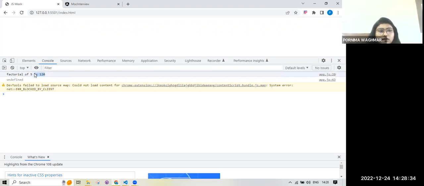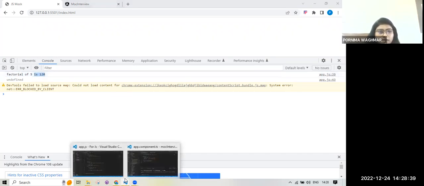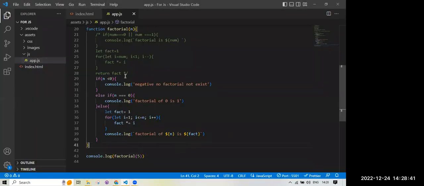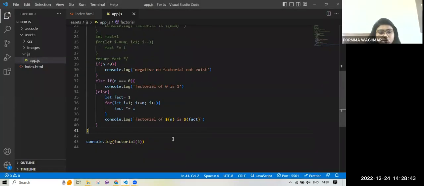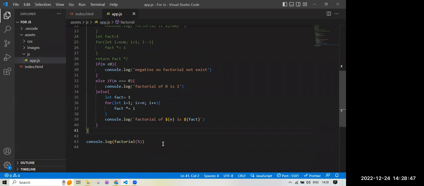Yes, here we are getting the value. Factorial of 5 is 120. Okay, so I will try with the recursive version.